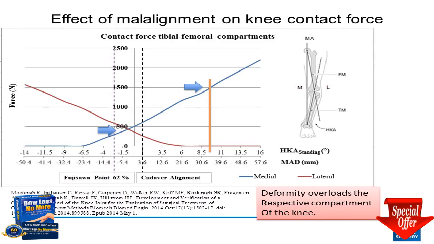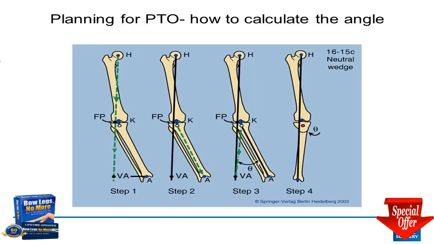So the take-home message is that deformity overloads the respective compartment of the knee. Bow leg alignment overloads the medial side of the knee. When we're planning corrections of deformity, we use a lot of geometry to figure out where the osteotomy needs to be and how much the deformity correction needs to be. So for example, in step 1, you can see that the new ankle should be quite lateral, and you can see that in step 3 there's an apex of deformity, and that's the place where the osteotomy would need to